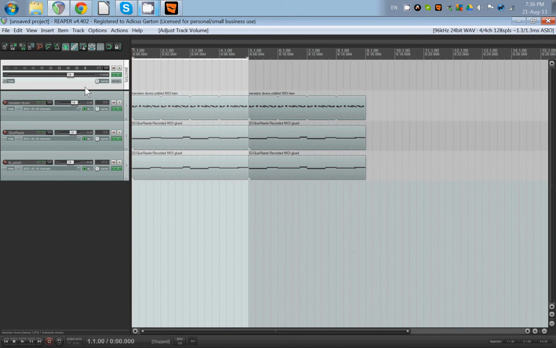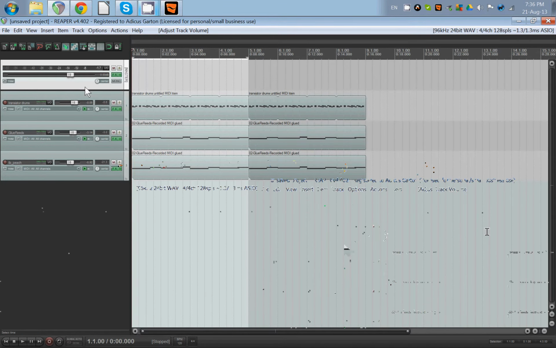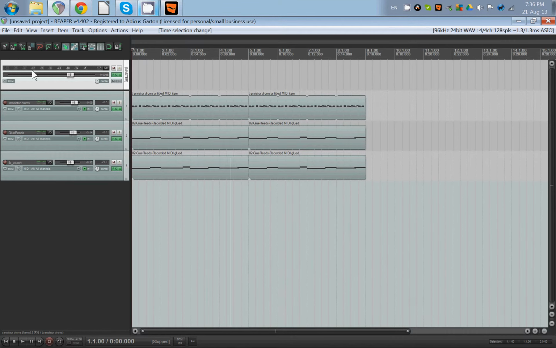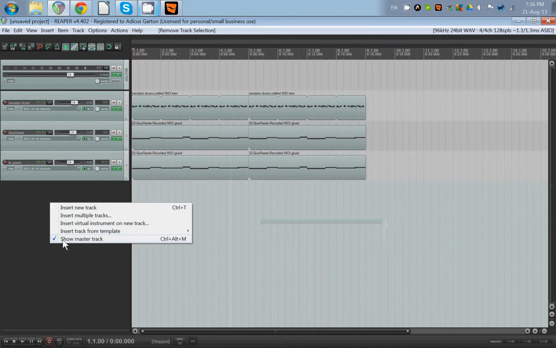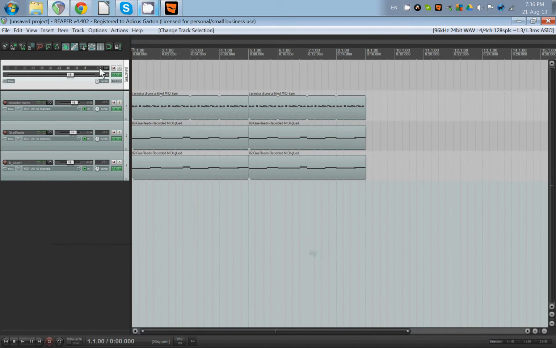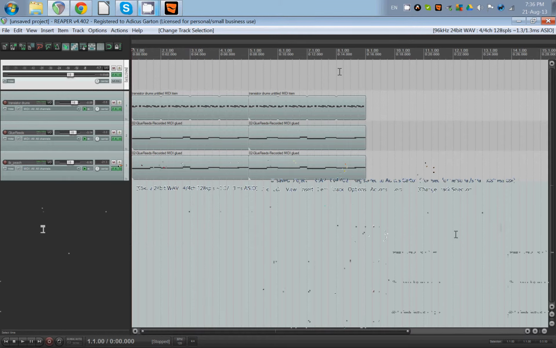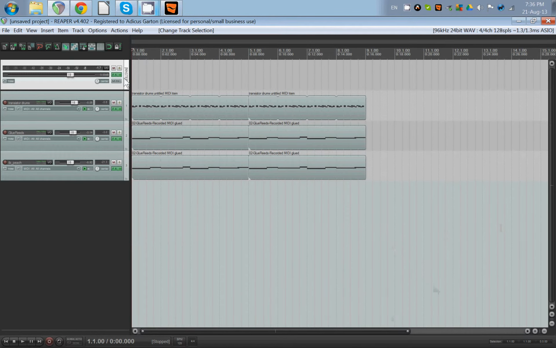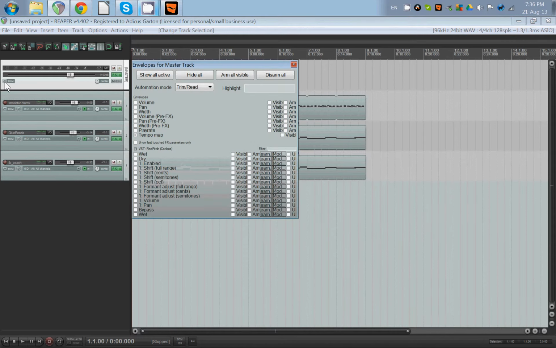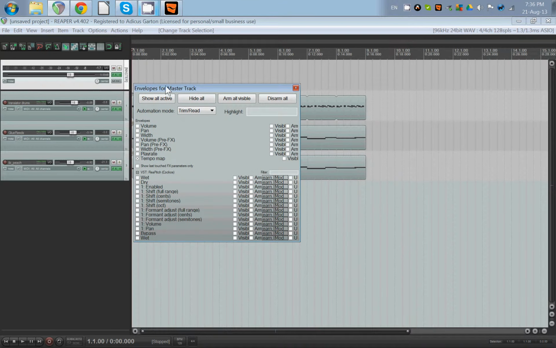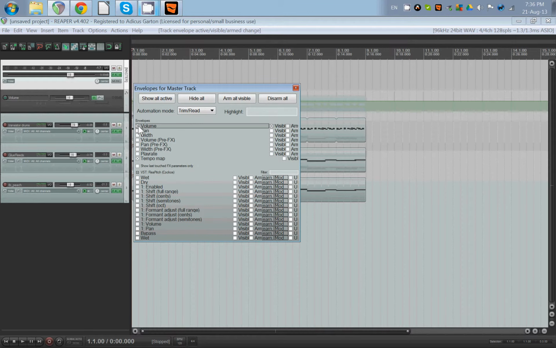So the spring effect is really easy to do. All you have to do is click here and show the master track. Okay, that's that big track up here that's going to show you it affects everything else that you're doing. So first thing we're going to do is open up trim. Now trim will allow you to show the envelopes. We need the volume envelope,